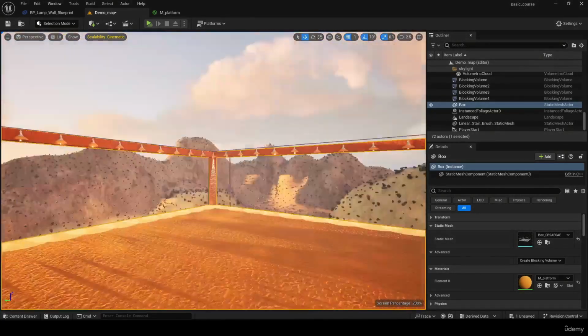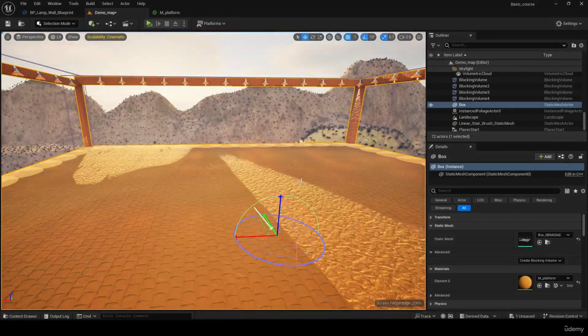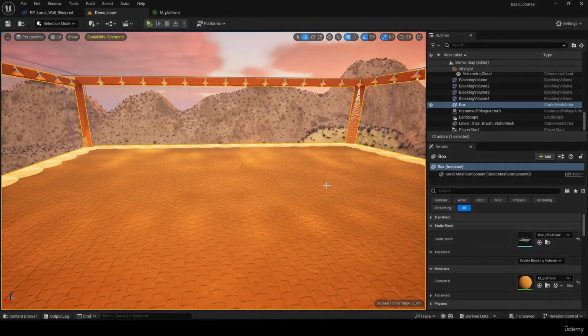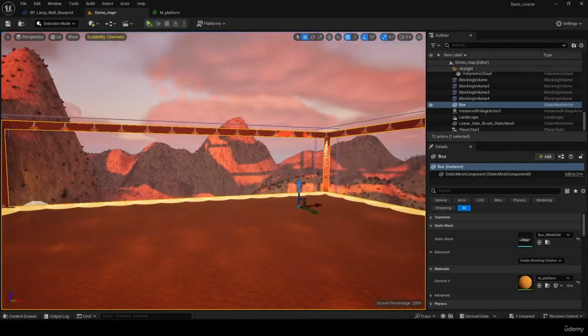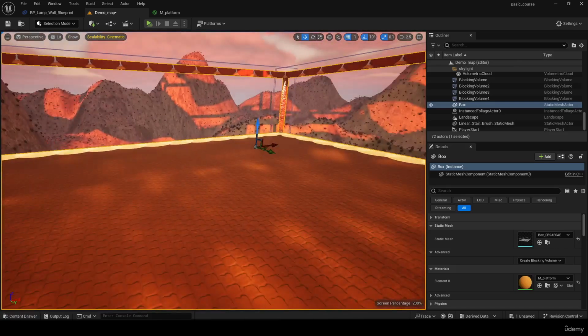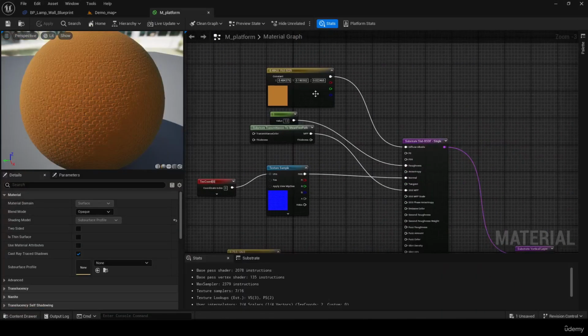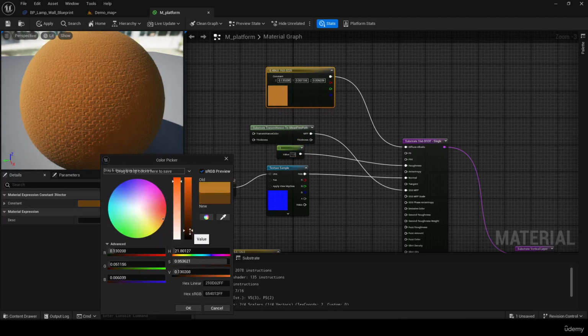Maybe something like this. No. This kind of thing you just tweak around until you get it the way you want. Yeah, this is much better. Now because we will have a lot of colorful lights, I don't want the colors to clash, so I will make it a darker color. And I put the roughness to 1 because I don't want the material to shine too much. Let's do a darker color for the